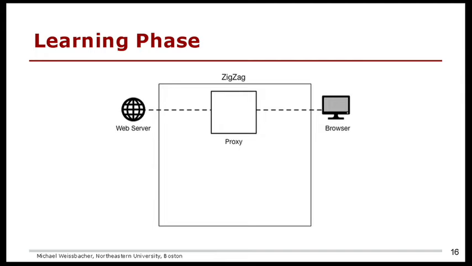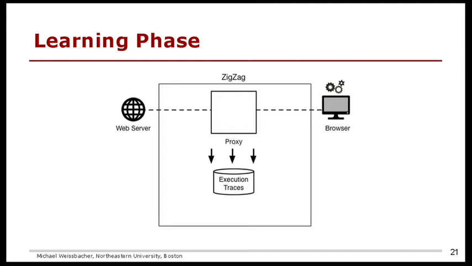Okay, so what does this look like? ZigZag is our system boundary. We have this proxy set up in the middle. The browser is requesting a website. So here comes the JavaScript program. It ends up in the proxy. Here we instrument it. A tool which we extended for this is the Closure compiler. So we are inserting trace collection code, which is helping us collect data while the program is executing in the browser,